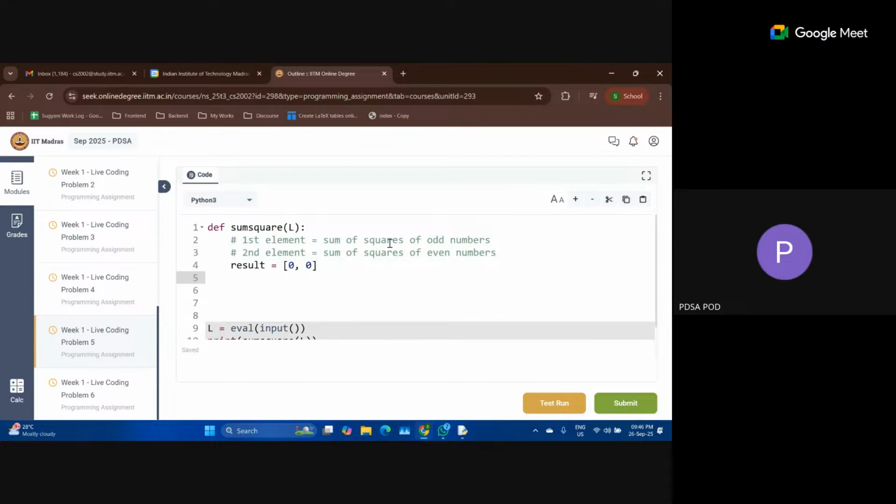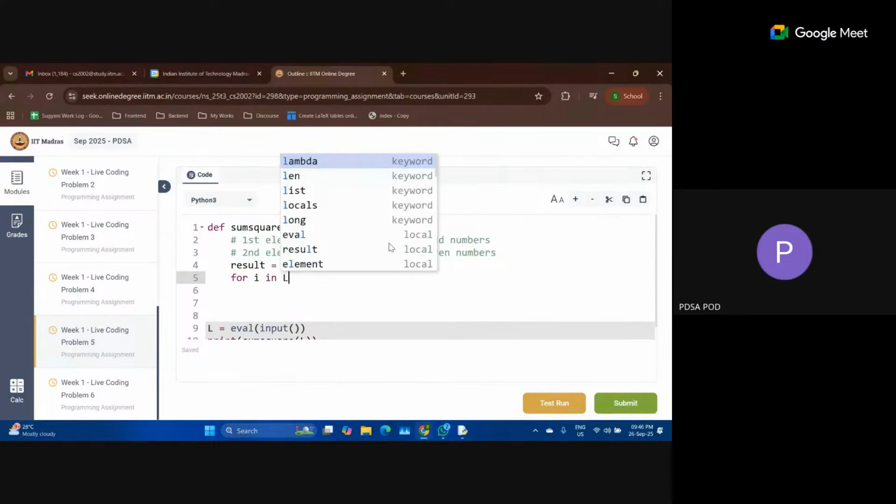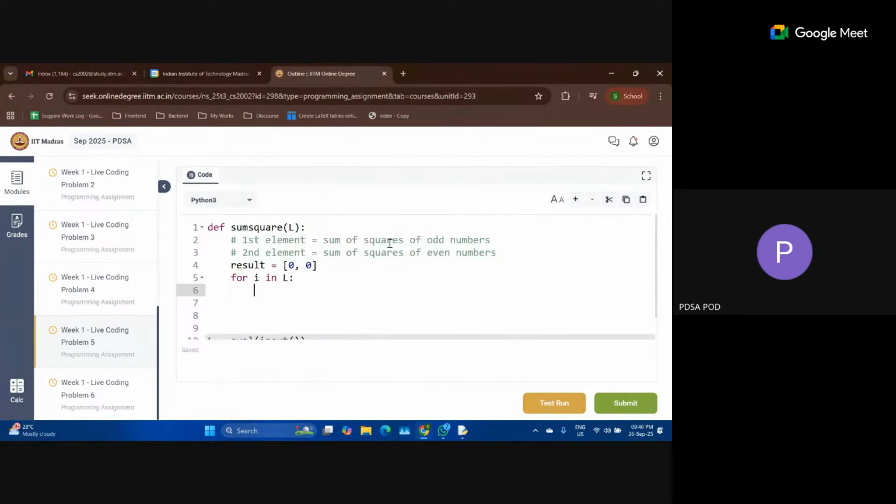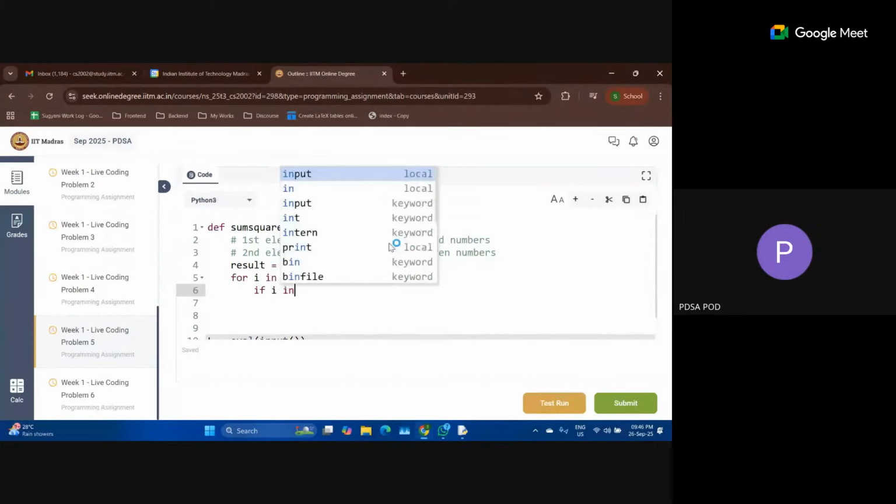Okay, so what I'll do is go over every element in L, for the element I in L. If I'm writing range of length of L, then it goes from 0 to length of L, but if I'm writing for I in L, then it will go over every element in L.